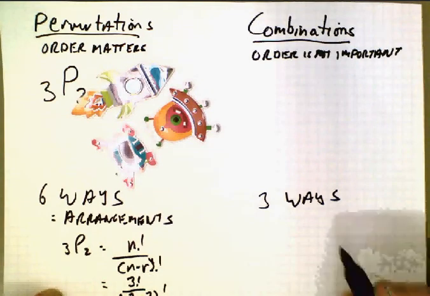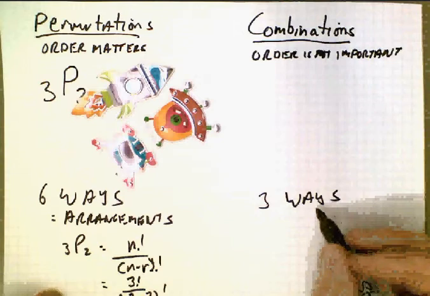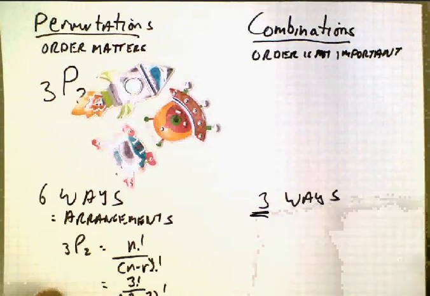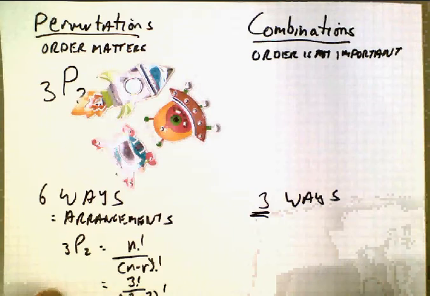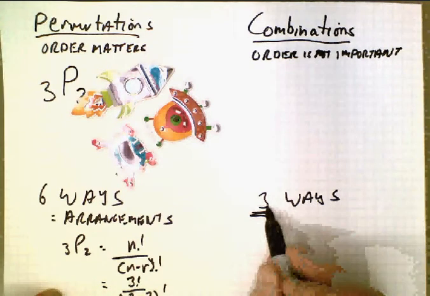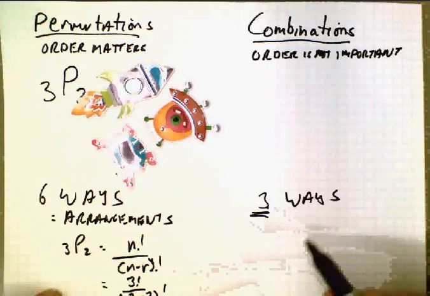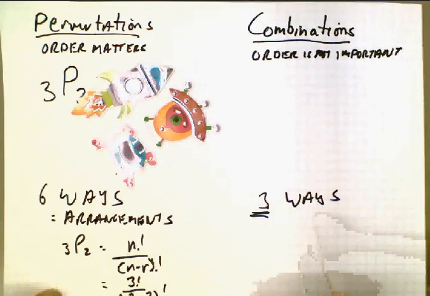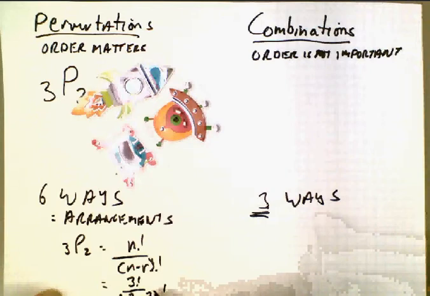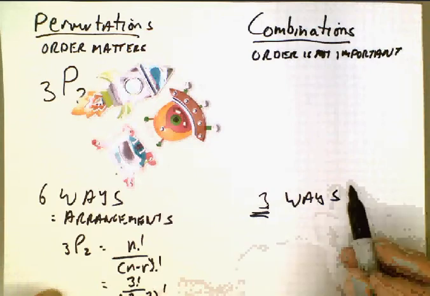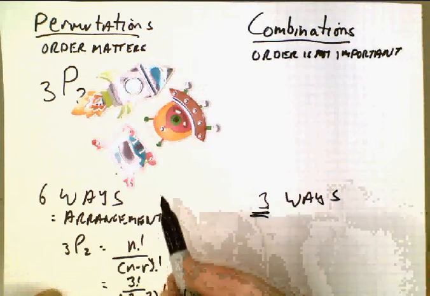Now, on the other hand, talking about combinations, we only have 3 potential ways. So we'll keep an eye on this and see if we can relate this number and this number somehow, and also when we're thinking about the r value as well. So we'll keep that in mind. We've got 6 permutations, 3 combinations with 3 stickers, and we're choosing, of course, 2 each time, whether we're picking them as combinations or permuting 2 of them